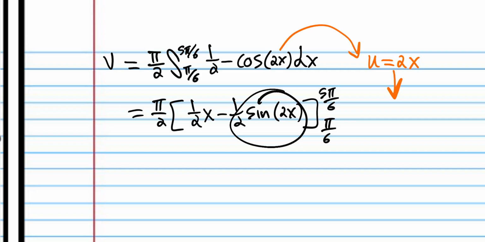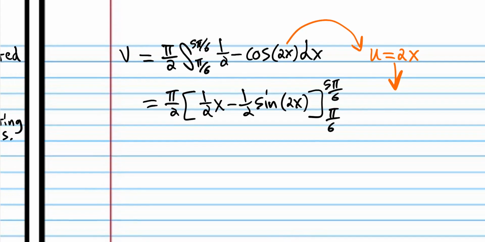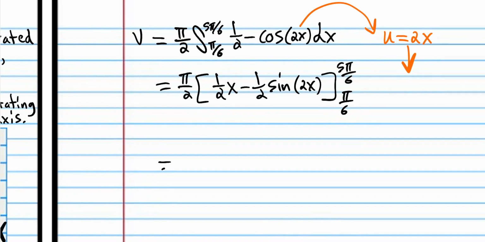So if you find the derivative of this, to see if we get back to this, you find the derivative of the outside function, you keep the inside function, and you multiply by the derivative of the inside function, which is 2, and that multiplies by the 1/2 and makes it go away. Okay,